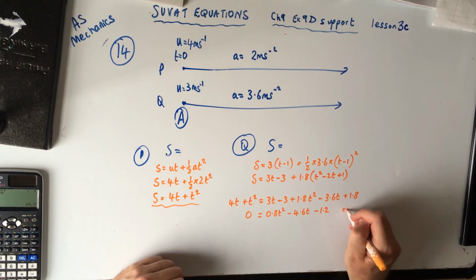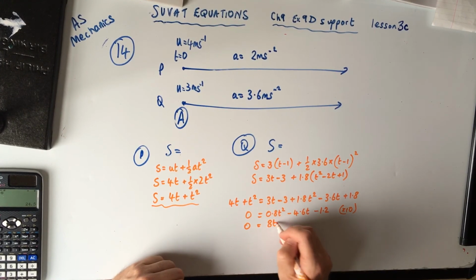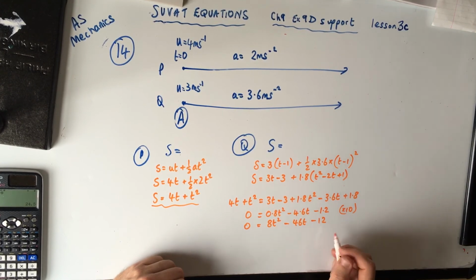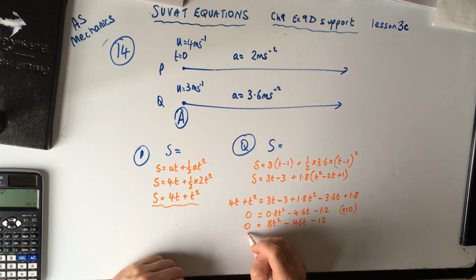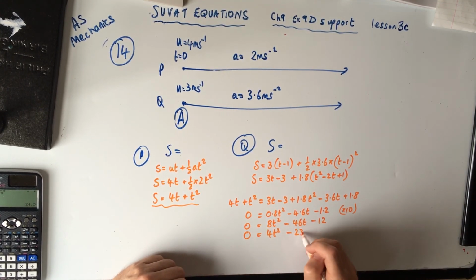Okay, so I've got that rather ugly, simplified. I'm going to times everything by 10 to get rid of those decimals. So we get 0 is equal to 8t squared minus 46t minus 12. And I'm going to divide by 2 because they're all even numbers. Can I divide by 4? No, I can't. So divide by 2 and I get 4t squared minus 23t